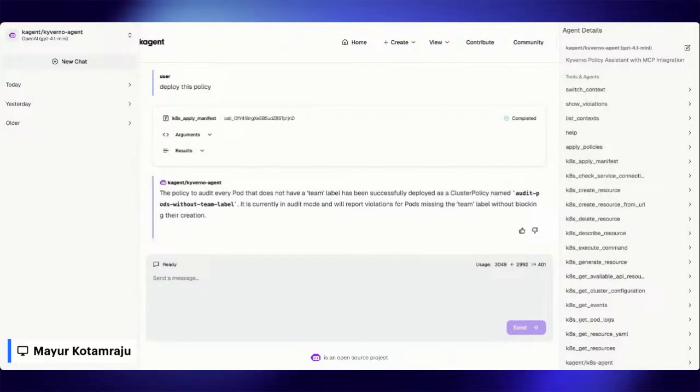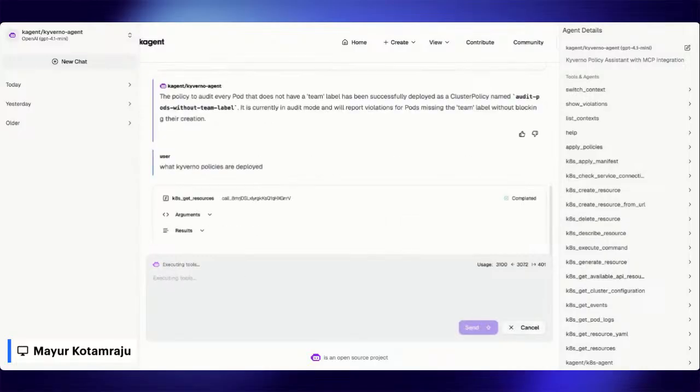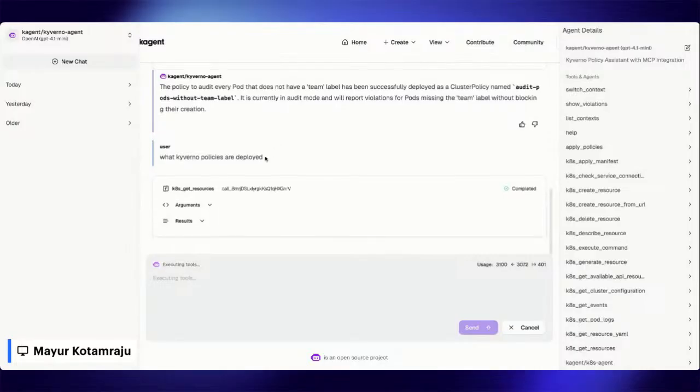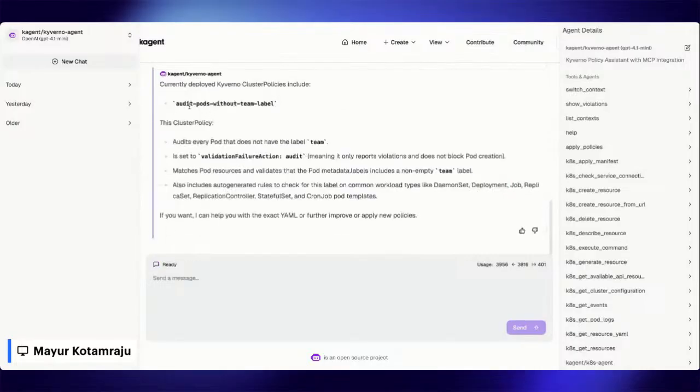So let's just check what Kyverno policies are deployed. And you can see this policy is now deployed. So perfect.